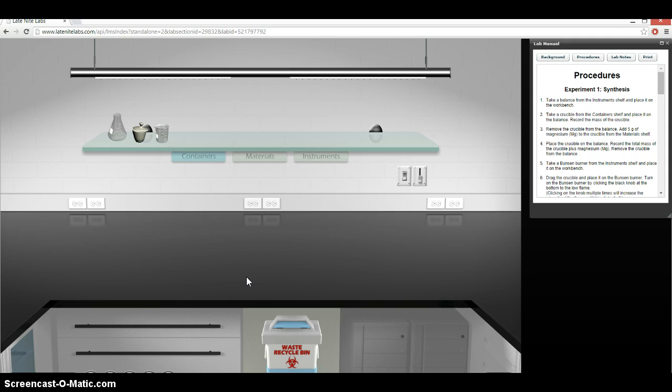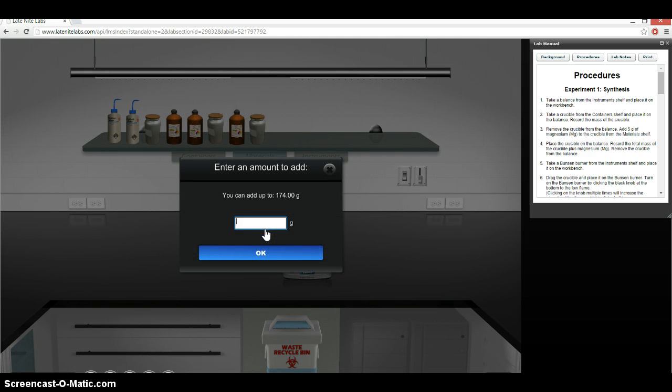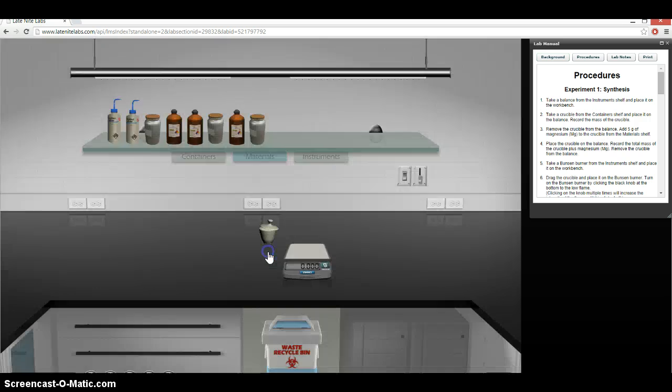Okay, now let's get started. First we will take a balance from the instrument shelf and the crucible from the containers shelf. Then we will put this crucible on the balance to measure its mass, which in this case is 88 grams. Now we are going to remove the crucible for a while and add 5 grams of magnesium to it. Then we're going to measure the combined mass,